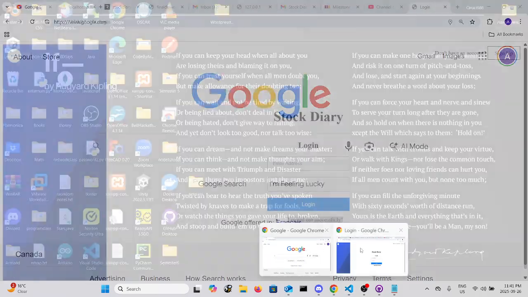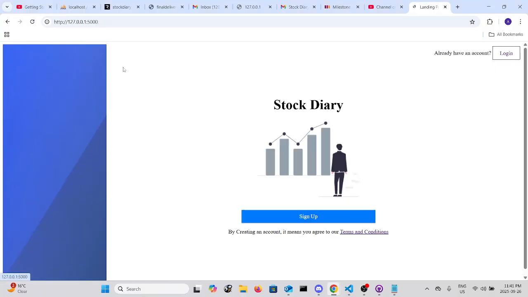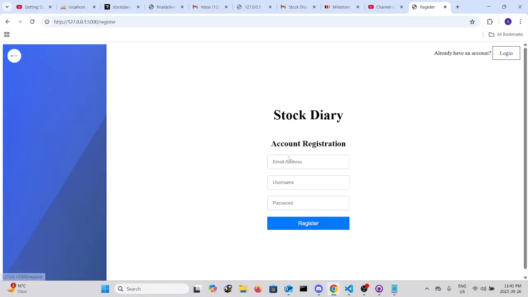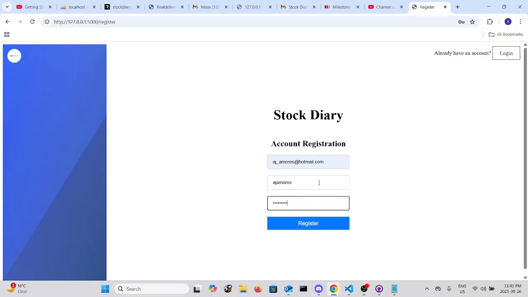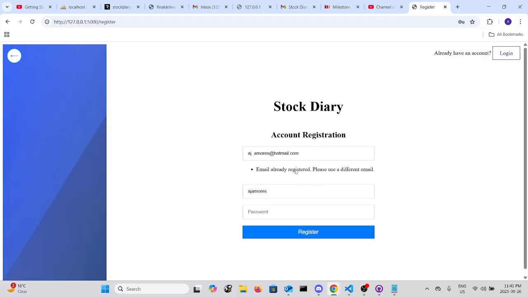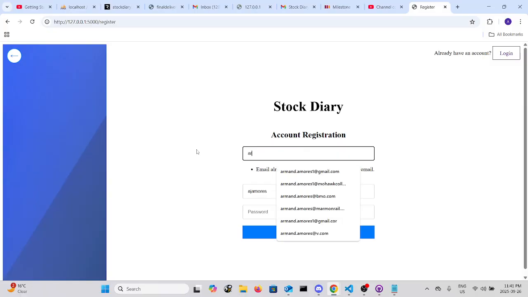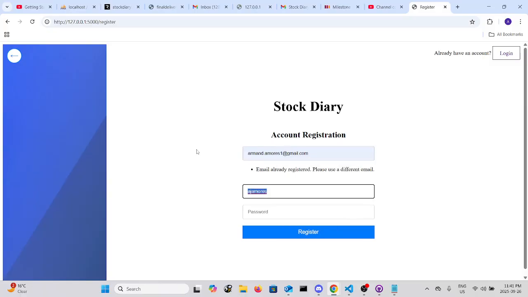I'm going to go ahead and show some other features here. So if I try to sign up, I'm going to use a different email, or let's try using the same one and let's see what happens. You can see the email is already registered. Please use a different email. Sorry if I'm talking fast, but I'm running out of time. If I try using the same username,